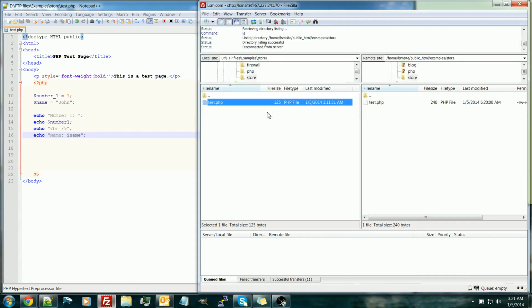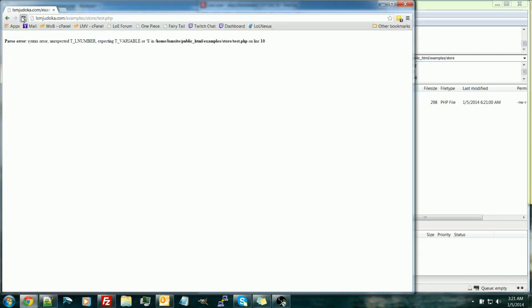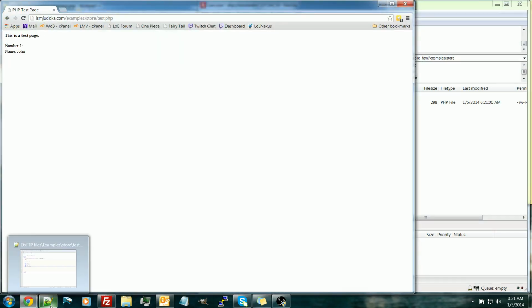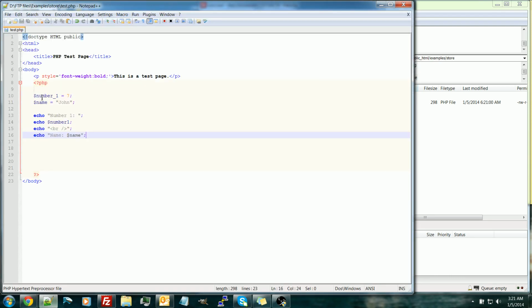inside the text string. Okay, so we set name equal to John and we echoed the name and it came out there. Now this is interesting. I did a text string here, right? But I put a variable inside it. This is a special behavior in PHP. The reason you're able to do this is because of this $, which tells the script that this is a